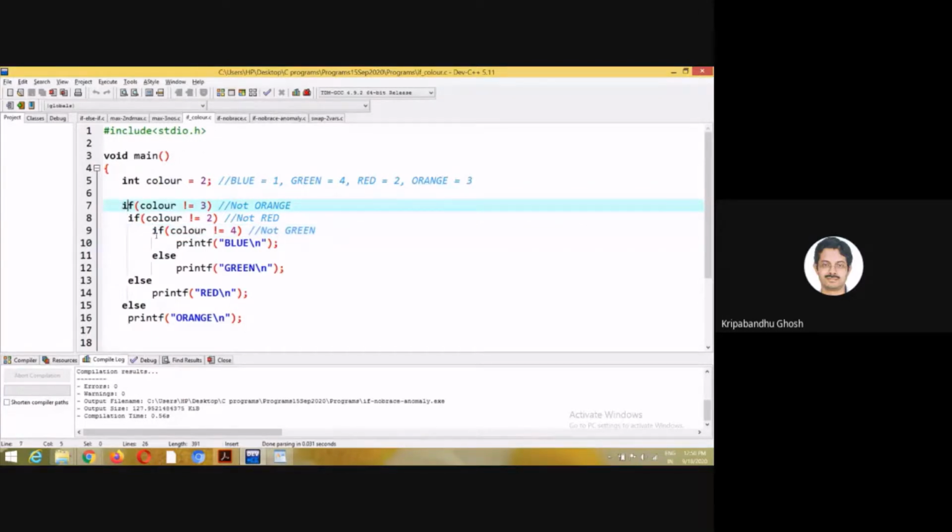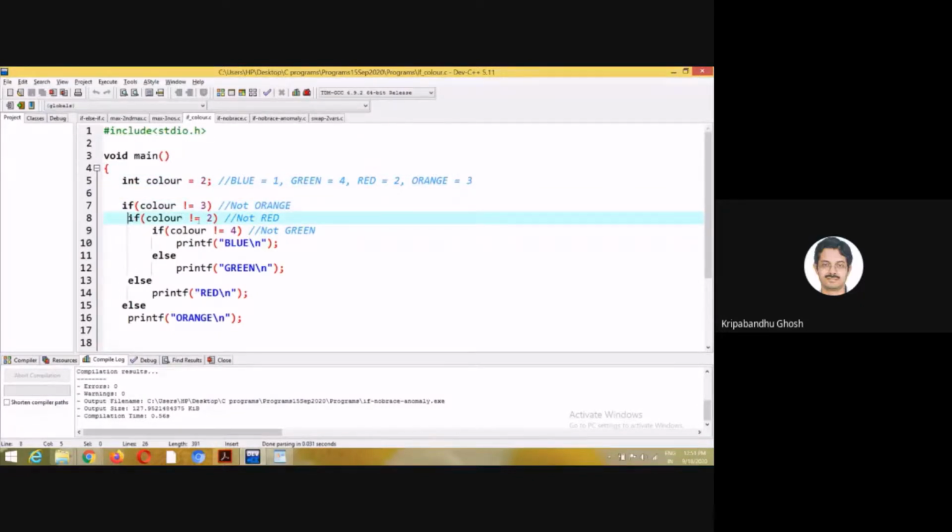So if I run this code, you will be able to understand. First try to understand it logically. I set the value of color to 2. So if color is not equal to 3, which is true here since color is 2, then it will check the next line.